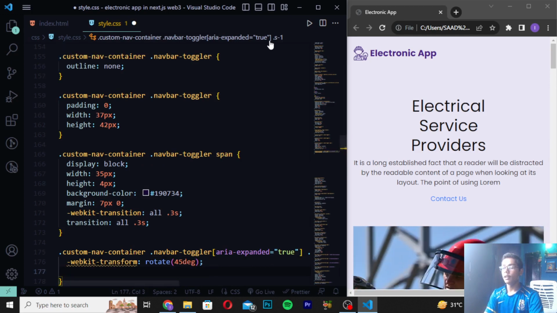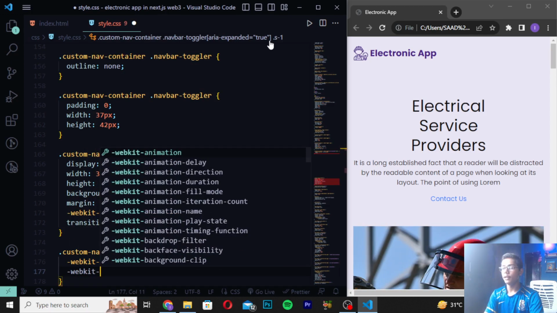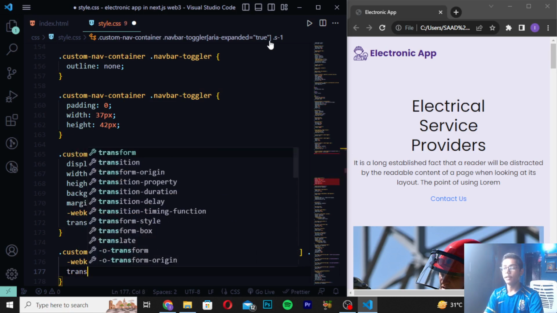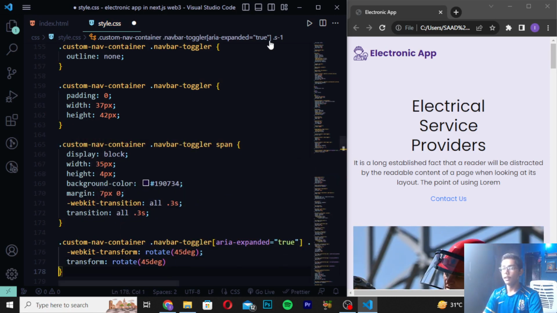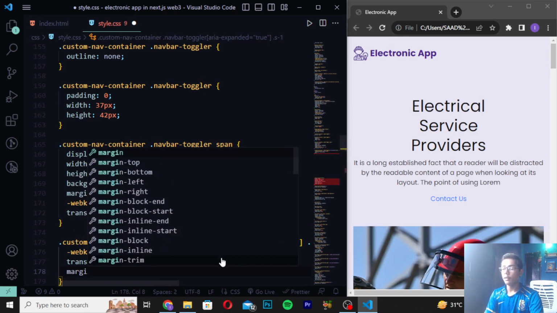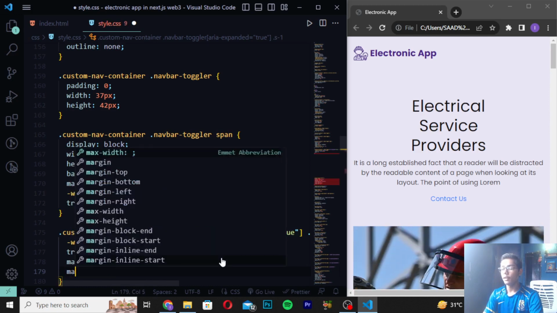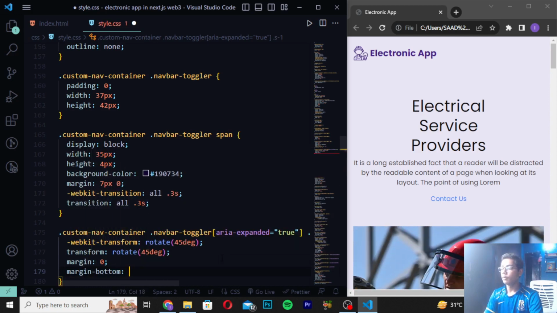Then when you have written this, you have to write here -webkit-, and I will be writing just, you can write here directly transform, and I will be now writing here rotate 45 degree. Then you have to just close this tag here, like we have just done at the top. Then you have to write here margin as 0, and I will be now writing here margin-bottom minus 4